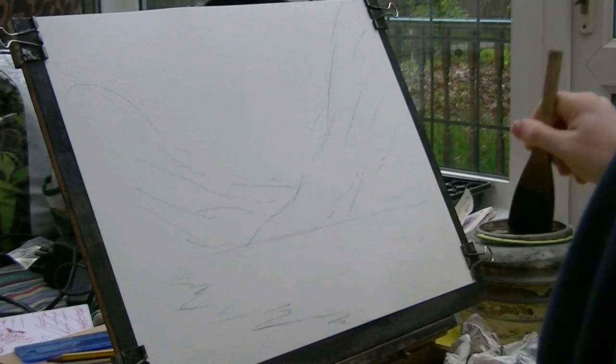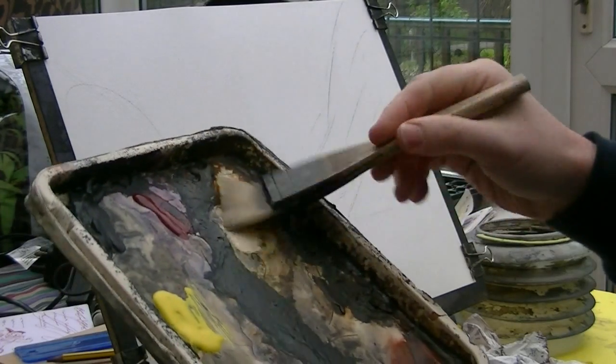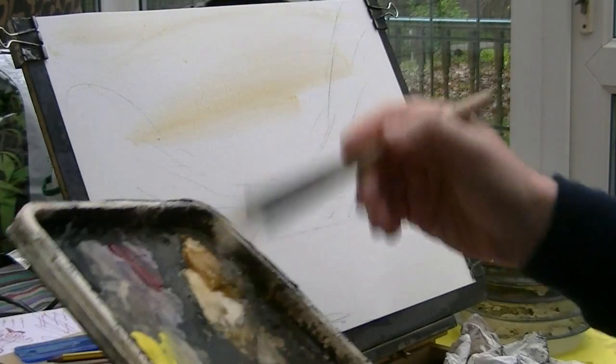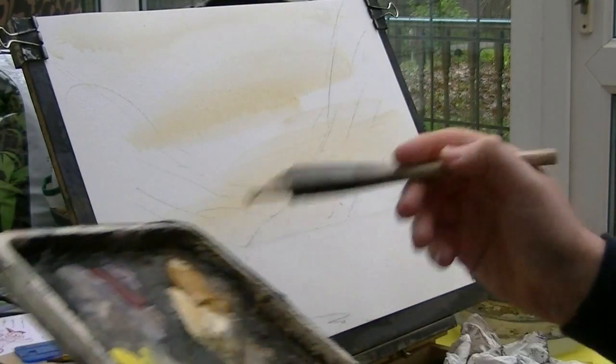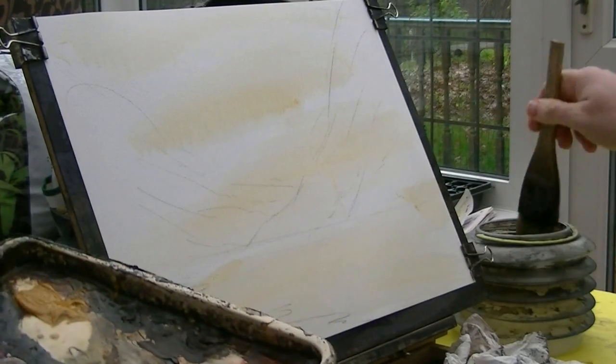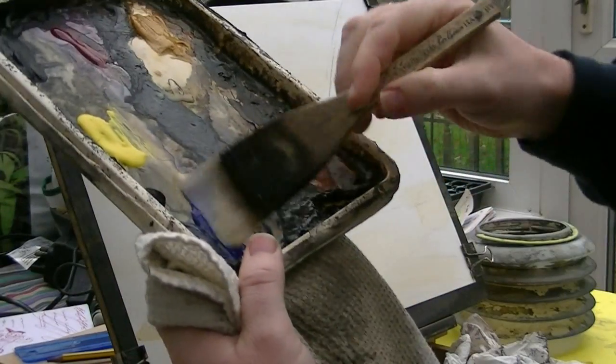paper. So this is just plain water using a large hake, just dipping the tips in to bring the hairs back together. And this is raw sienna, in no particular order, leaving gaps here and there. Clean the brush, take the excess off on the tea towel, and I'm going to go,